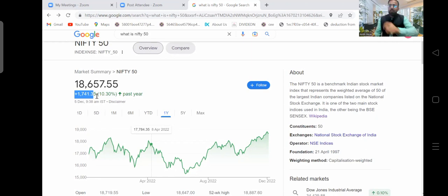Are you able to understand? Now I take the data of, let's suppose, Reliance Limited. Reliance Limited is a part of Nifty 50. So if I take the data of Reliance Limited here,